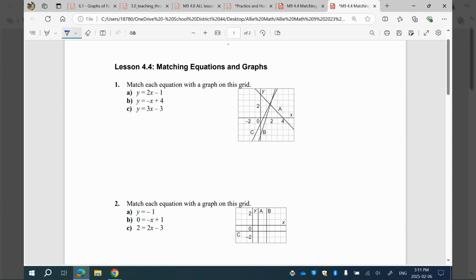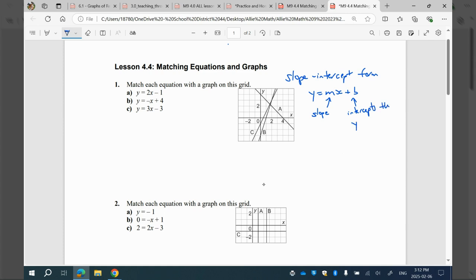So I want to remind you of slope-intercept form. This is y equals mx plus b, and this is what we're using a lot of the time during our project. Remember, m is the slope, so that's how flat or vertical our line is, how steep our line is. And b is where it intercepts